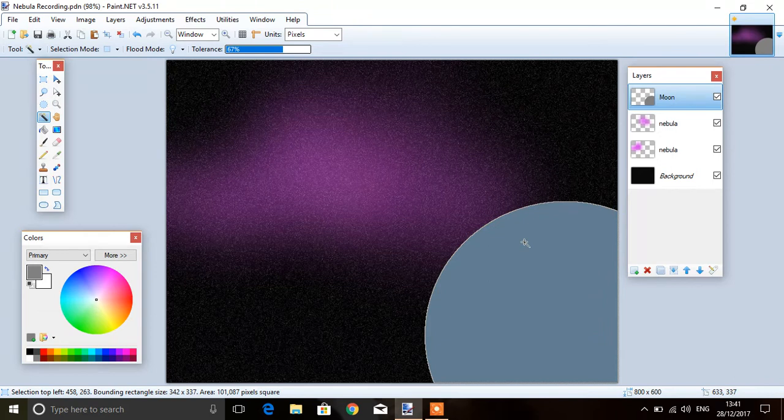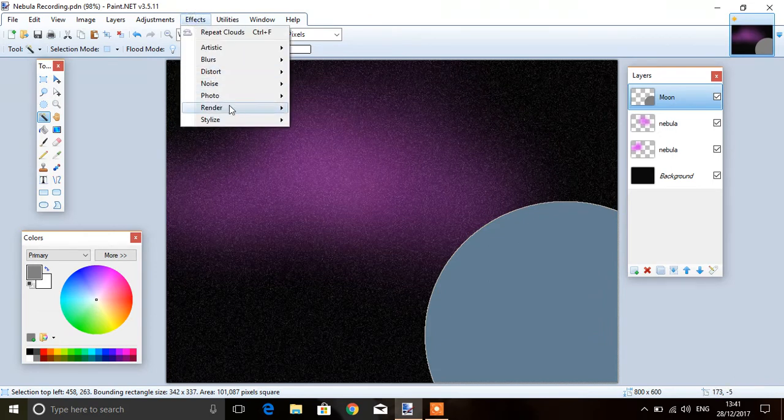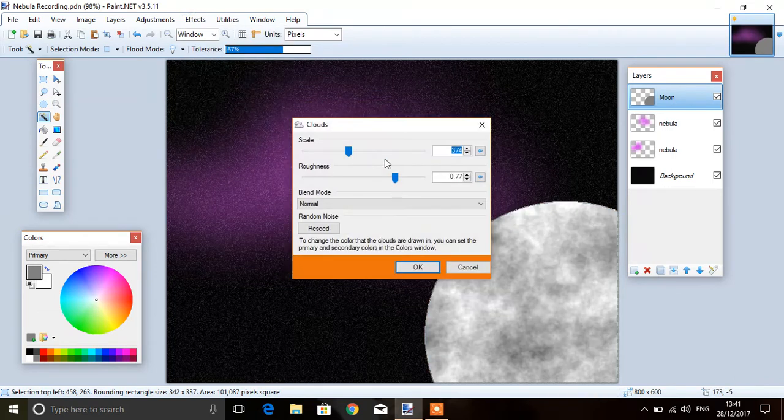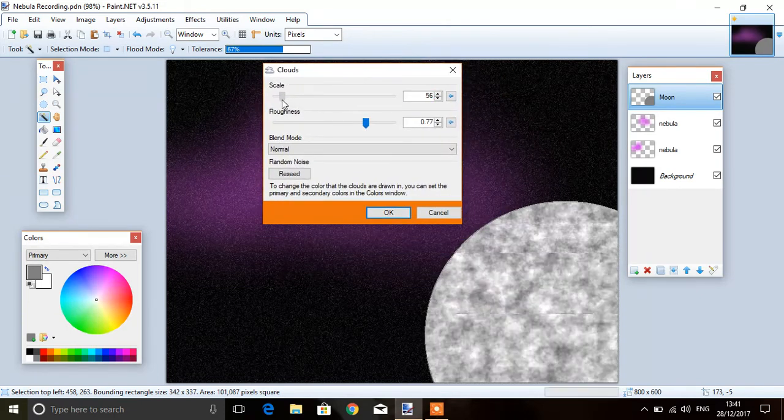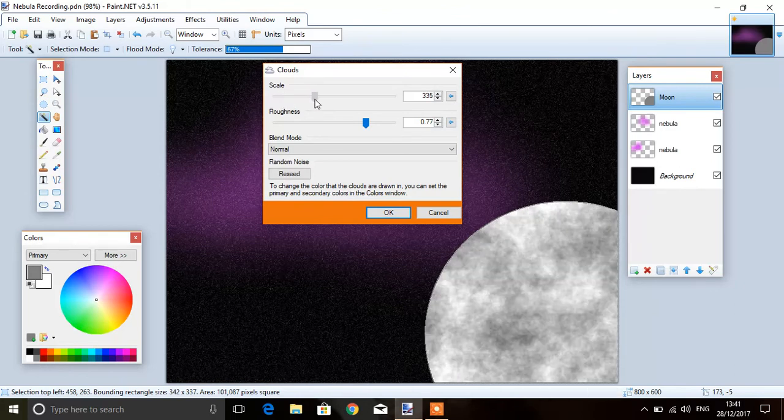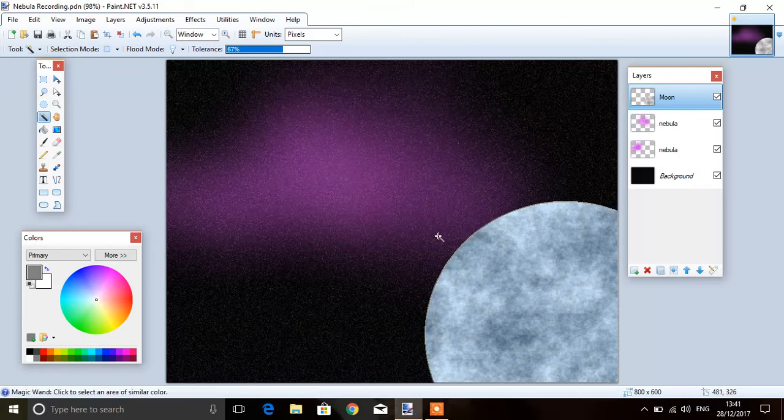select the moon and go to Effects, Render Clouds. Okay, you can adjust the clouds as you want, scale to make it, I don't like the look of that, I think that's much more realistic, and you can change the roughness. Quite like it looking a little bit rough myself. I'm much happy with that. Press OK. At the moment it looks a little bit flat, so what I'm going to do, I'm going to